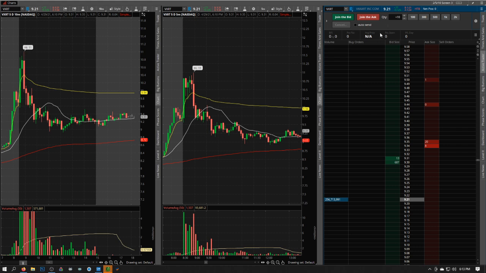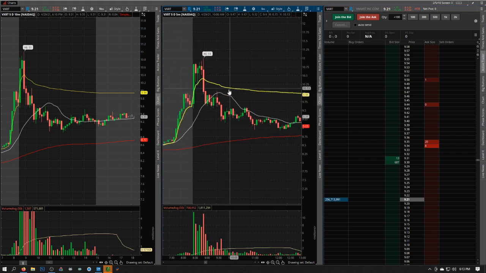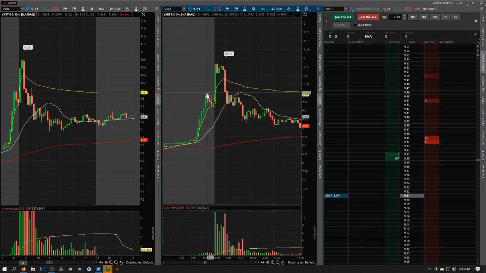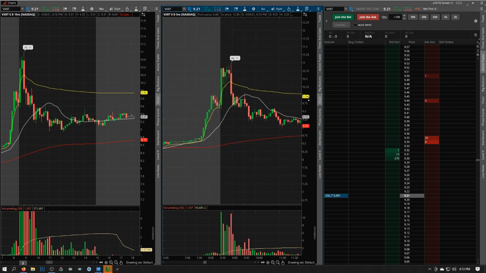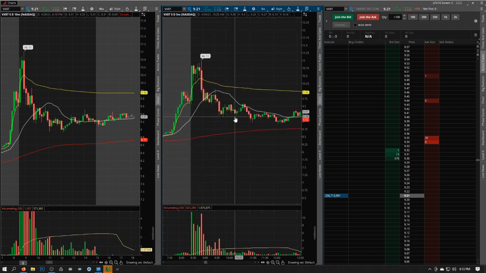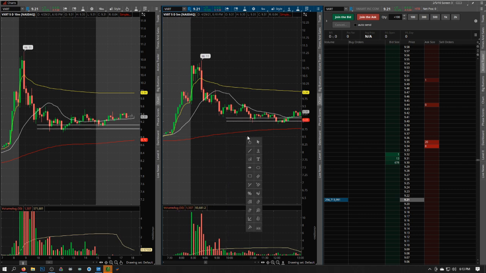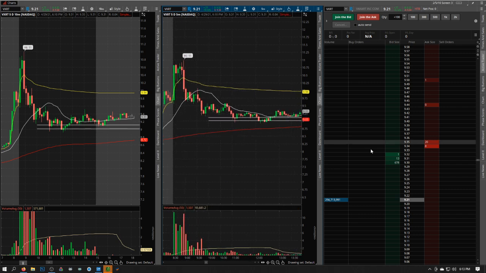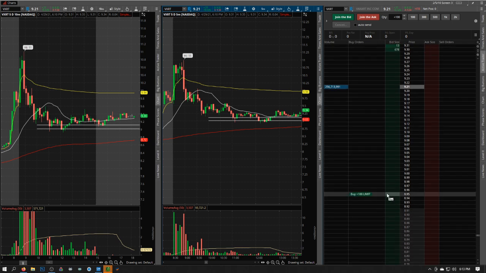Okay, whatever. So let's say that, let's do 100 shares. Let's say that I'm charting VXRT right here, and I want in on this pullback at, let's assume right here. Let's say I charted this out, 910 down to 9. I would come down here to 910